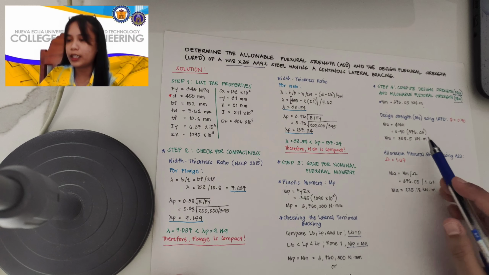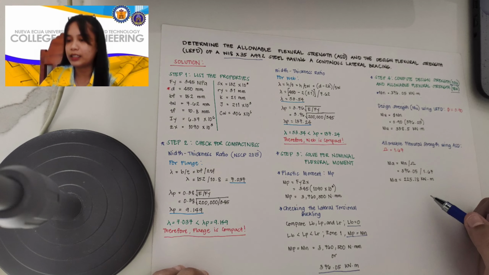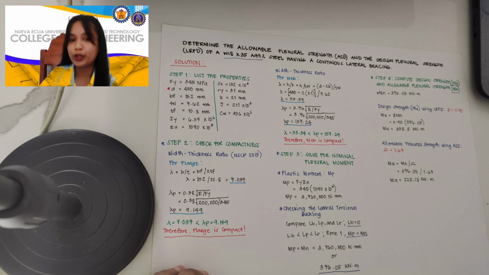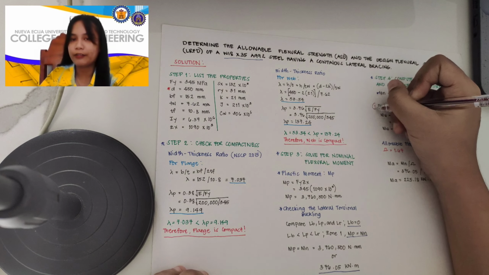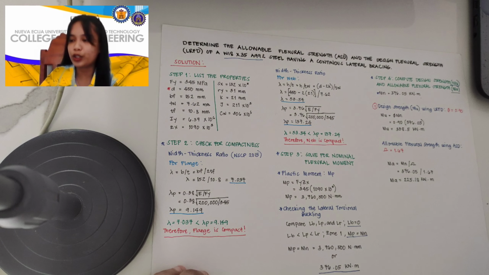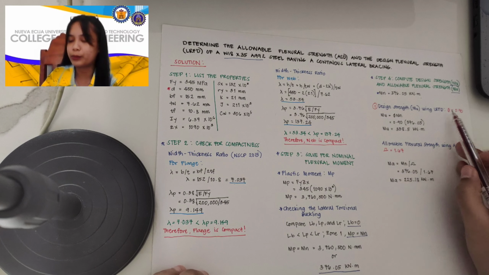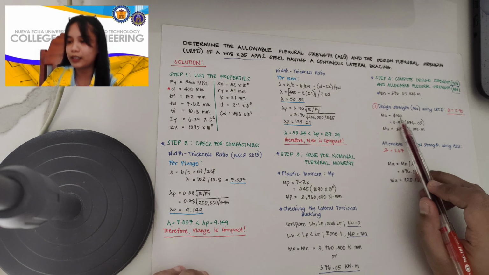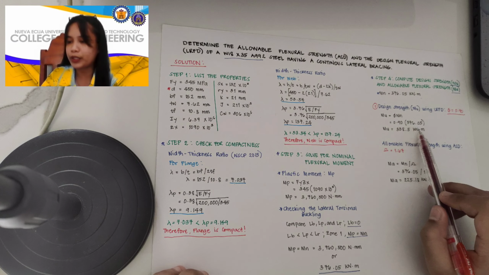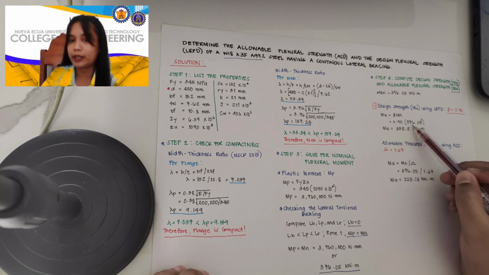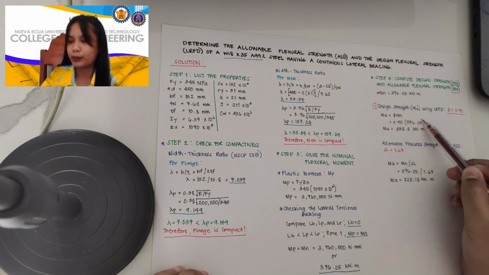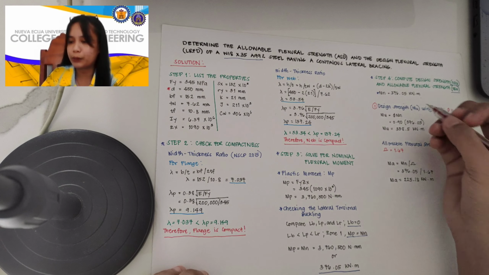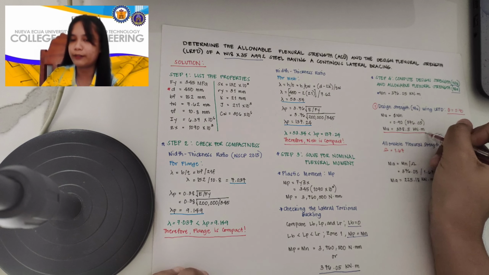So yung unang hinahanap sa problem natin is the design strength Mu using the LRFD. So where reduction factor is equal to 0.90. So we will be having reduction factor times Mn is equal to 0.90 times natin yung Mn na nakuha natin kanina. So we have Mu is equal to 338.5